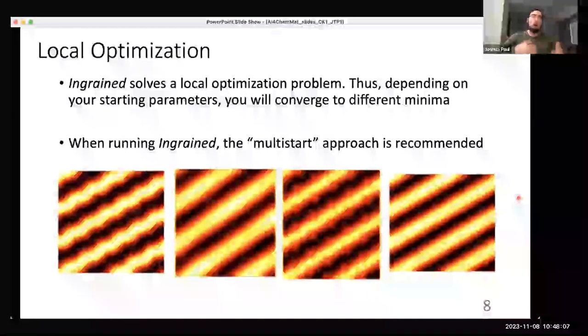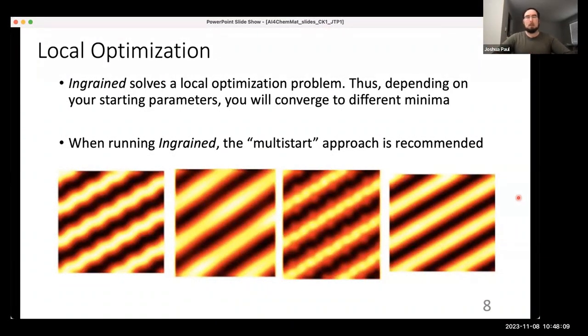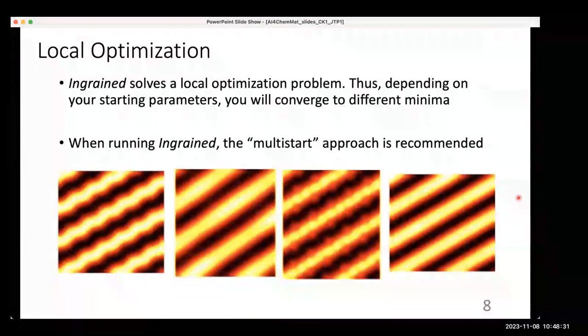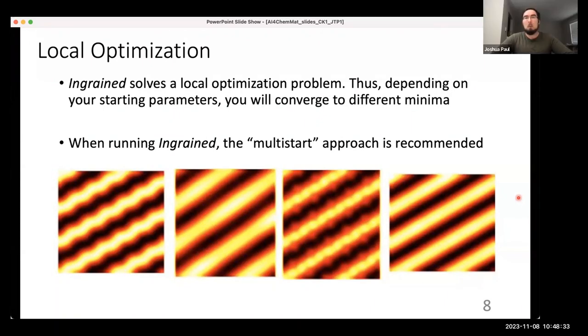Now, which of these is right or wrong depends on the experimental image, and that is matched against and a score generated. But this goes to show what the Ingrained software is able to converge upon, and the importance of starting from multiple points to explore the possible experimental or theoretical space. What it also does is show how good the Ingrained software is at